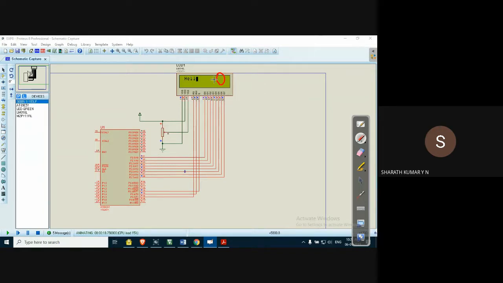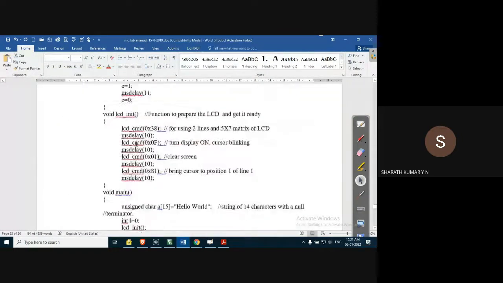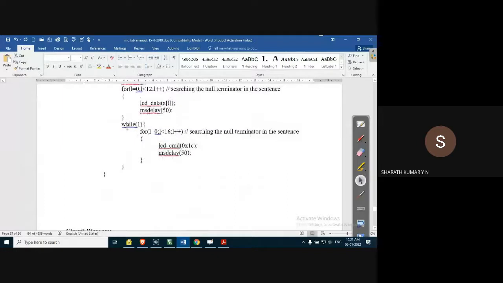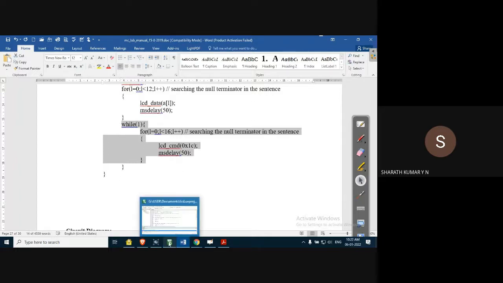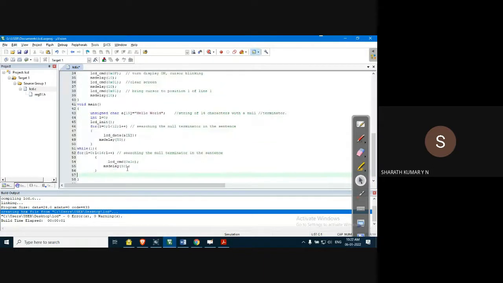Eighth B program. Let us execute that program also. It's very simple. The only additional lines in a scrolling message is the last while loop. This while loop will control the scrolling part. Since it is under the while loop, it will continuously display. So let us place it in the main program somewhere here. I think we need one more closing bracket, otherwise it will generate an error. Yes, now it's okay.